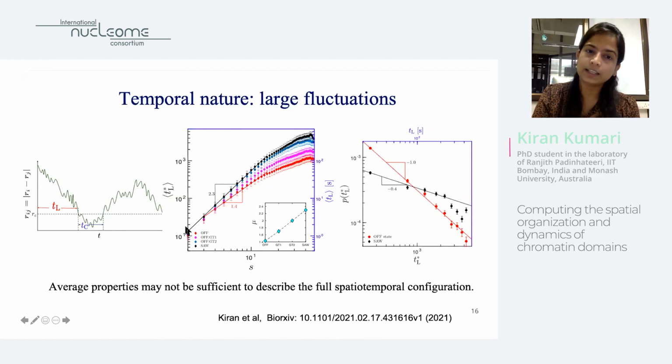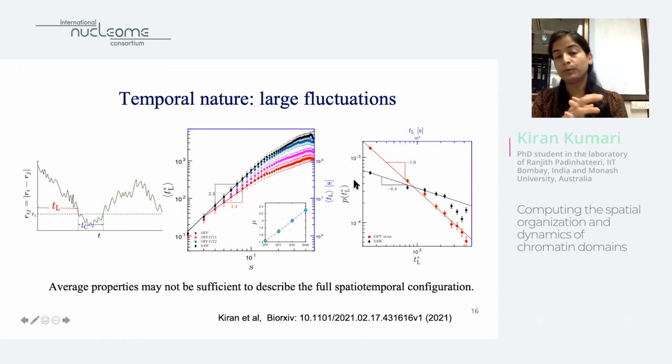And I see that this increases with the contour distance, and the speed of increase is dependent upon the epigenetic state or the state of the polymer. Here is the scaling plotted in the inset, where for the off state, it is increasing as 1.4. And for the self-avoiding walk, it is increasing much more quickly compared to the off state, and it goes as 2.3. We also wanted to quantify the fluctuations of this temporal quantity.